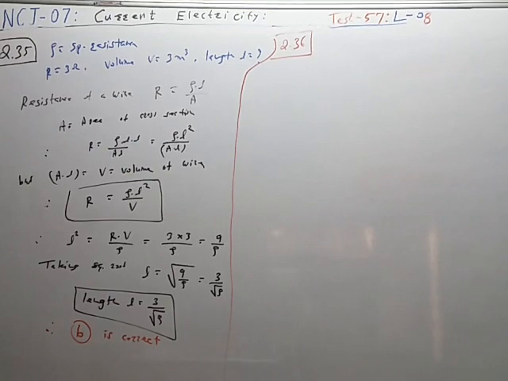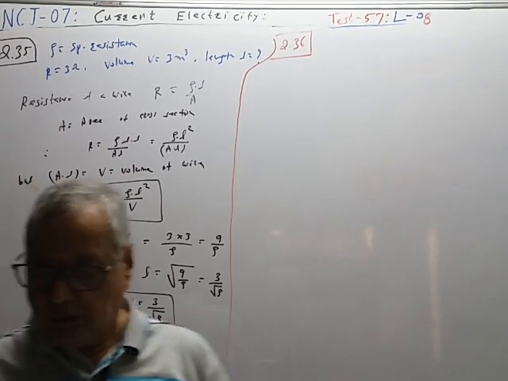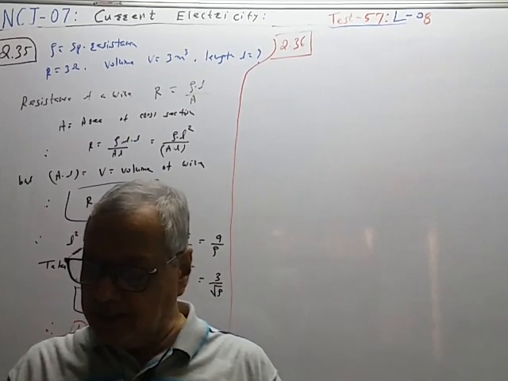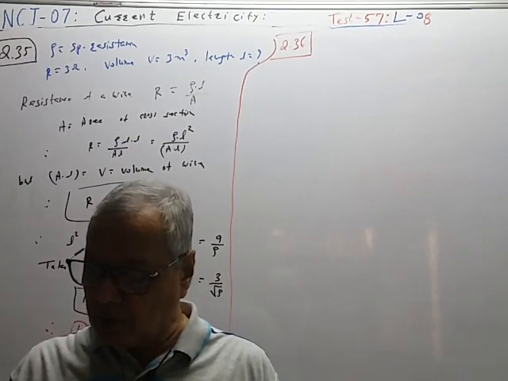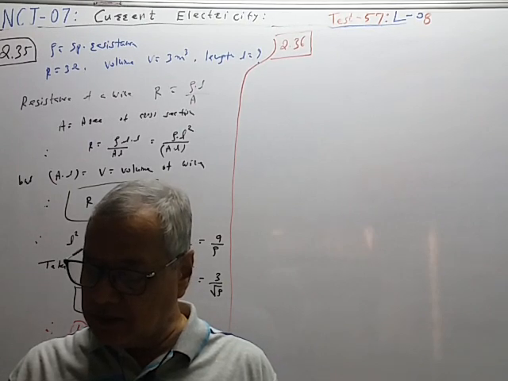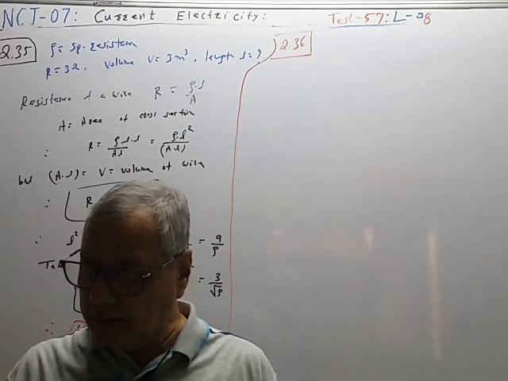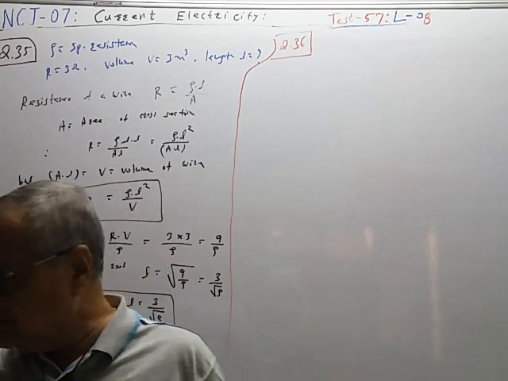Next, question number 36. A cell supplies a current I1 through a resistance R1 and current I2 through a resistance R2. The internal resistance of the cell is